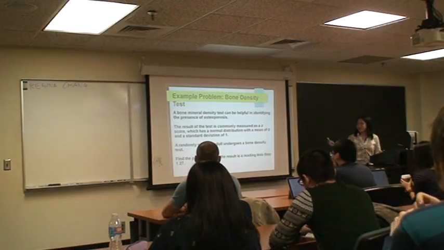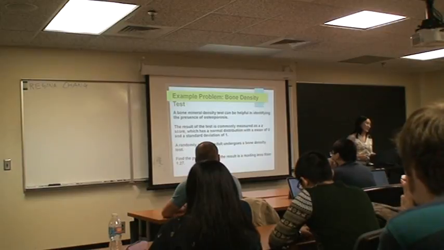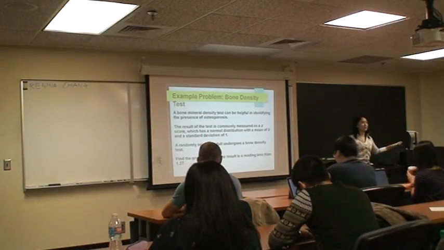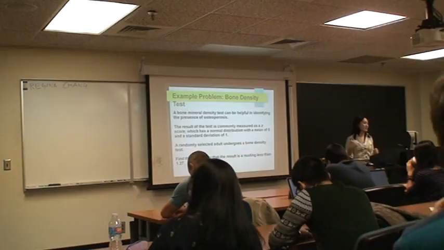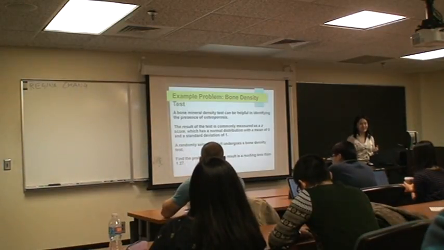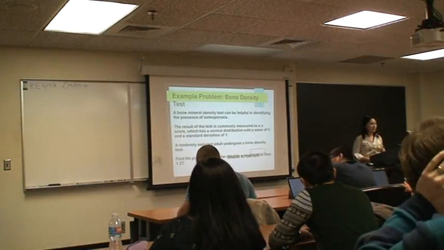All this is just saying we're going to use a standard normal distribution here. Find the probability that the result in a reading is less than 1.27. That's saying, assuming a population, you pick someone off the street and give them a bone mineral density test with or without their consent, the score is going to pop out 1.27. And we're going to assume,